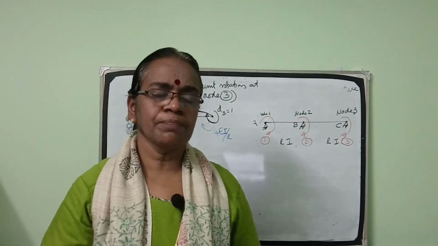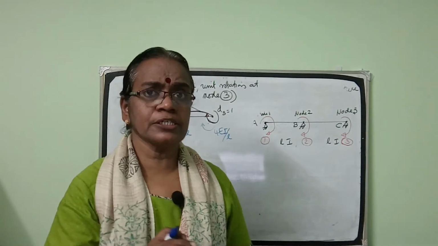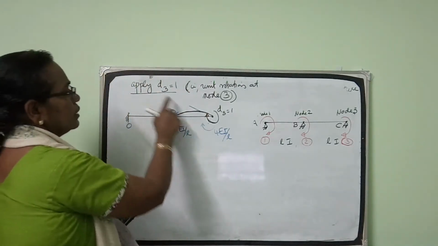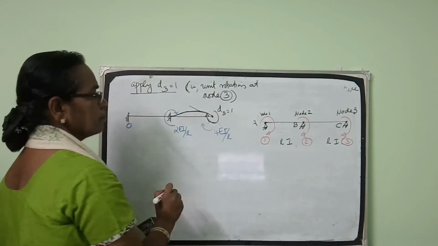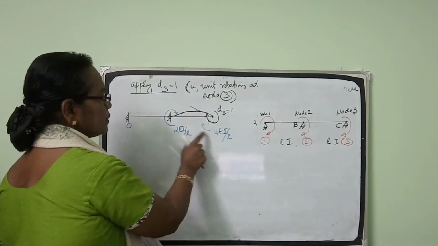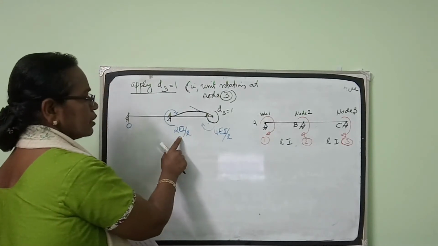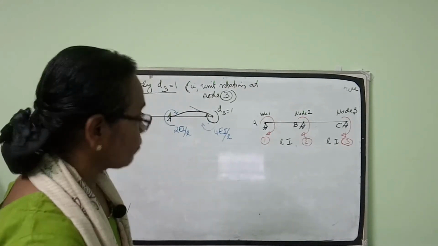Now coming to the third column of the stiffness matrix, we give unit displacement. Apply D3 equal to 1. Give unit displacement in coordinate direction 3. The moment induced at the first point will be 0. The moment here will be 4 EI by L, and at the far end it will be 2 EI by L. So writing it,